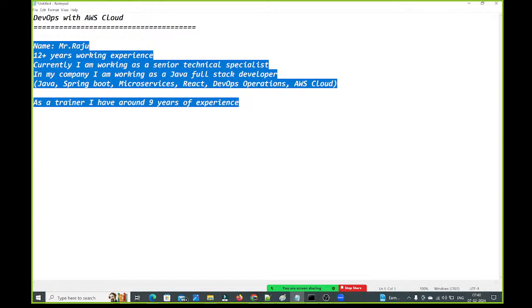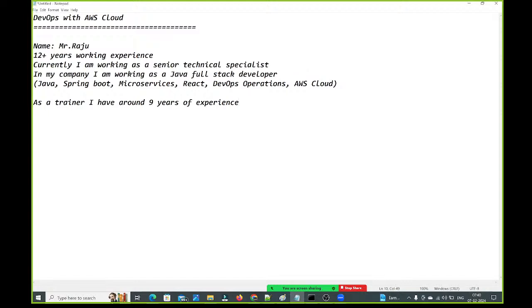Coming to the course prerequisites. If you want to attend this DevOps with AWS Cloud course, what is required? Is there any prerequisite? Guys, to be frank, there is no prerequisite. If you are passionate about DevOps, then you can attend this course, guys. Whoever is pursuing graduation, who has completed graduation, whoever is working in other technologies, anybody can attend this course. There is no prerequisite and there is no development also, guys.